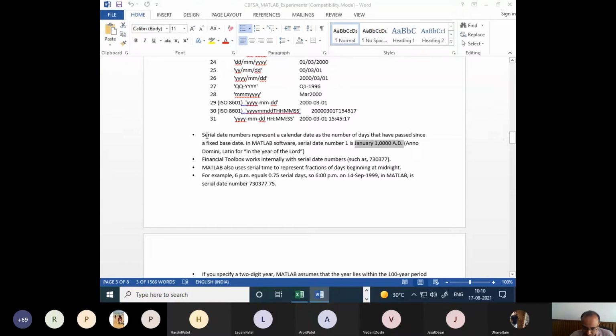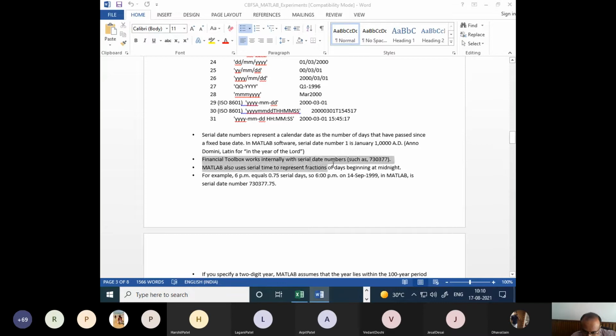And based on it, all the dates up to today and future dates are assigned the number that is called serial date number. Similarly, in Excel also such a thing is there. When MS Office is installed on your computer, this thing is there internally. Excel also has its own algorithm to count the date number, but that is different from MATLAB. So the Excel serial number for dates and the MATLAB serial number for dates are different. Today we see this by illustration. So that you should remember.